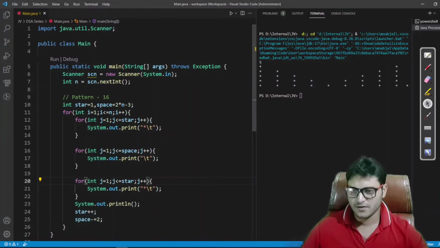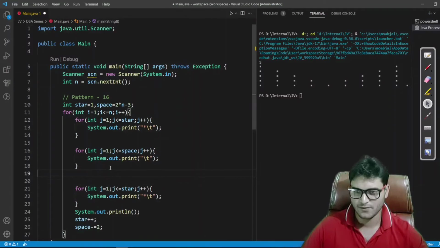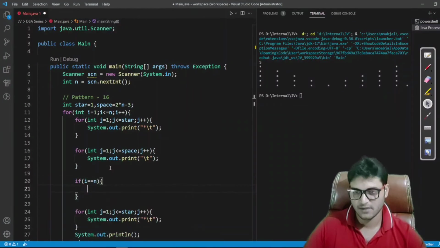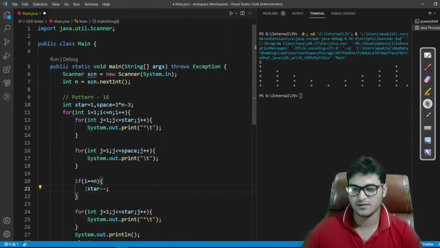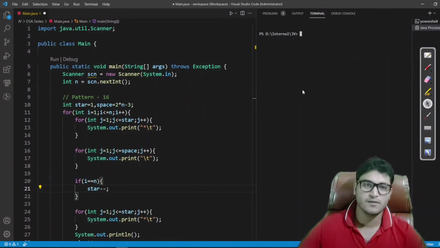So we just have to decrease this variable. If we are in the last row, that means if i is equal to n, then we'll decrease star by 1, so that it becomes 4 for the last row and it should print 4 stars. Fine. Let's run this now.